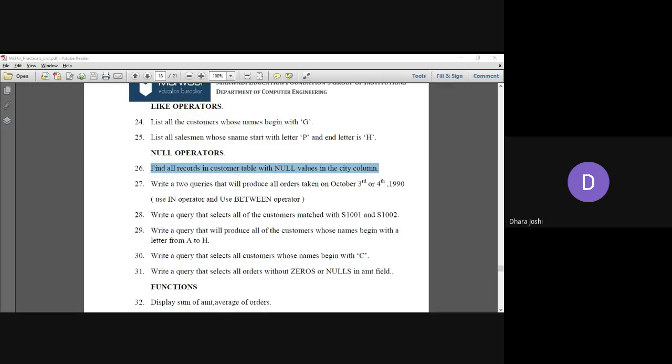Okay, again I am providing you a hint. Look at the words and you will identify what the query can be. You need to find all the records in the customer table. That means select; after that it is not specified which column we need to display. So select star from the table customer, where we are just going to retrieve only those records where city is null. So accordingly you can create your query. Okay, Dhwani has replied select star from customer where city is null. Perfect. So once you execute this query, you get the result no data found.